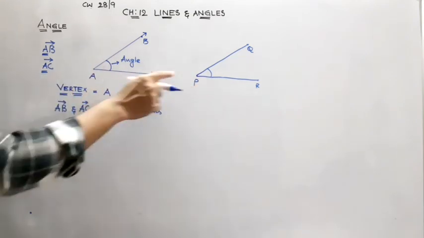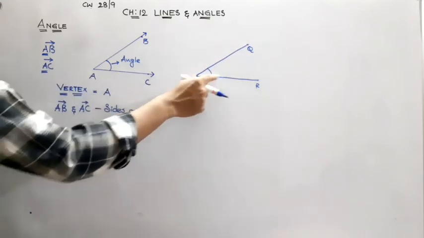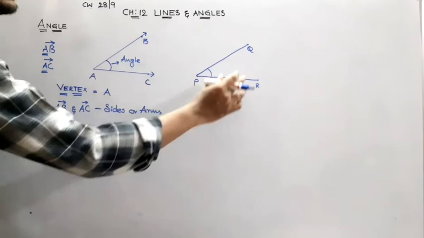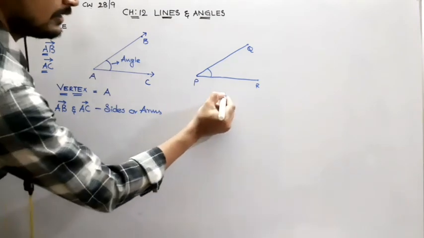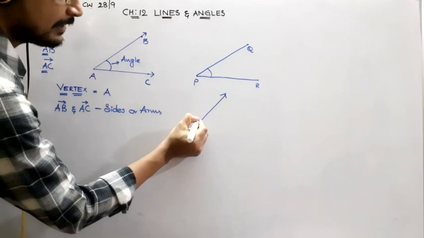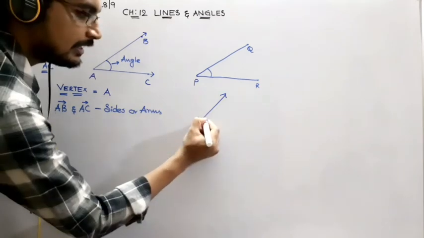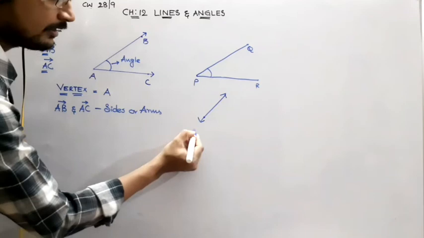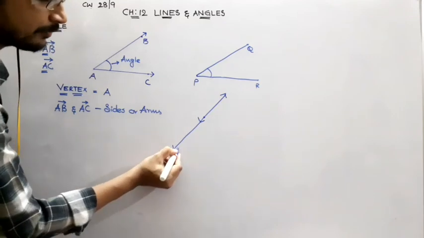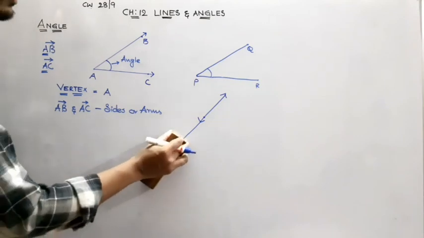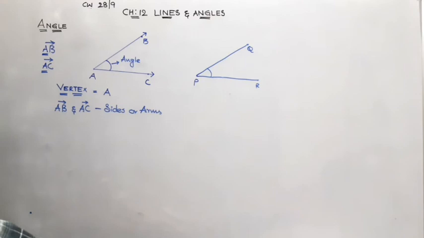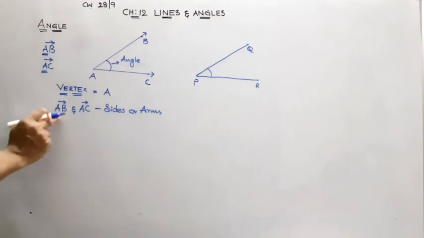Here also, the vertex is going to be P and the individual arms or sides are going to be PQ and PR. Now, my question is, can we form an angle using a line? Let us see. A line won't carry any endpoints. Then where can we take the starting point? Someone can start here, and if I want to extend the line up to here, where should I take the initial point? Hence, it is not at all possible to draw an angle using lines. We can make use of either a ray or a line segment to form an angle.